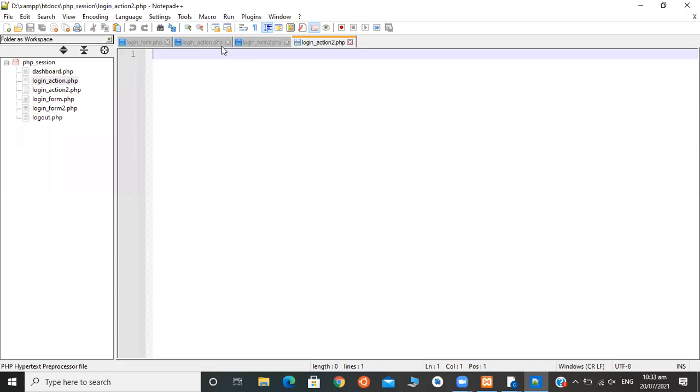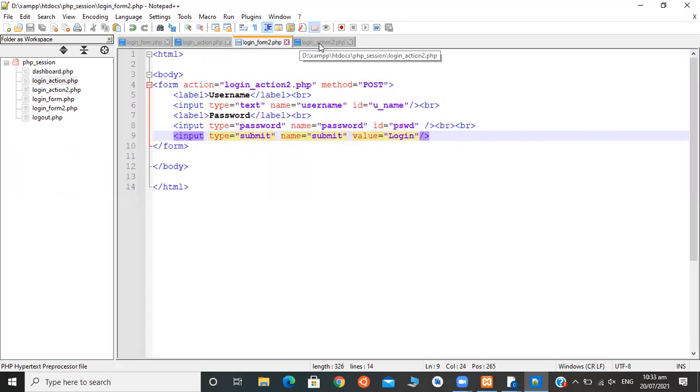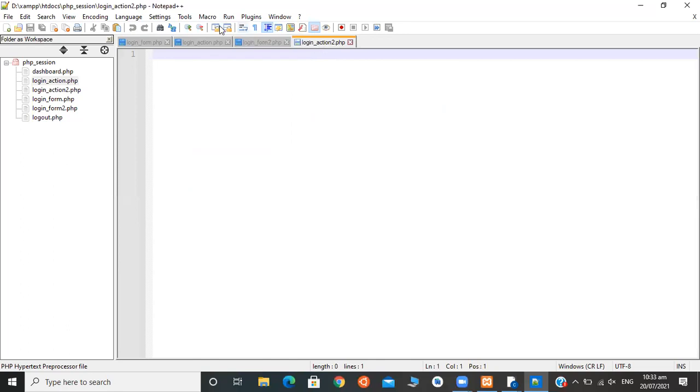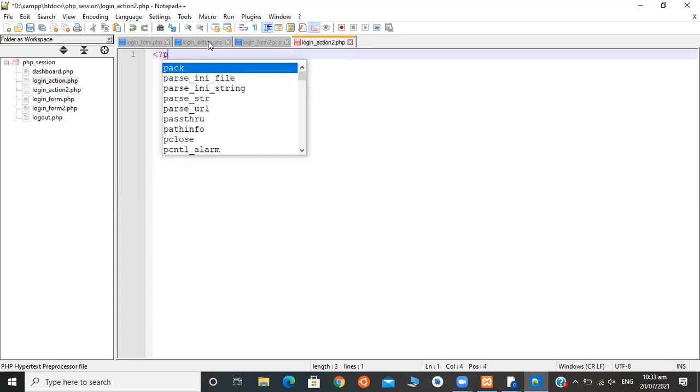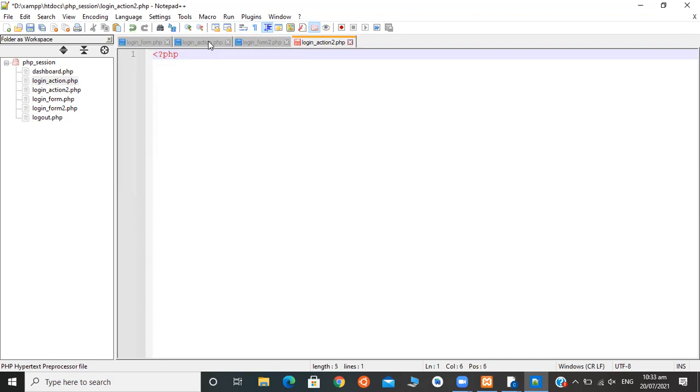If that matches, then we need to log in successfully, or otherwise we need to send a message that credentials are wrong. Okay. So for that, we need to start PHP. Okay.